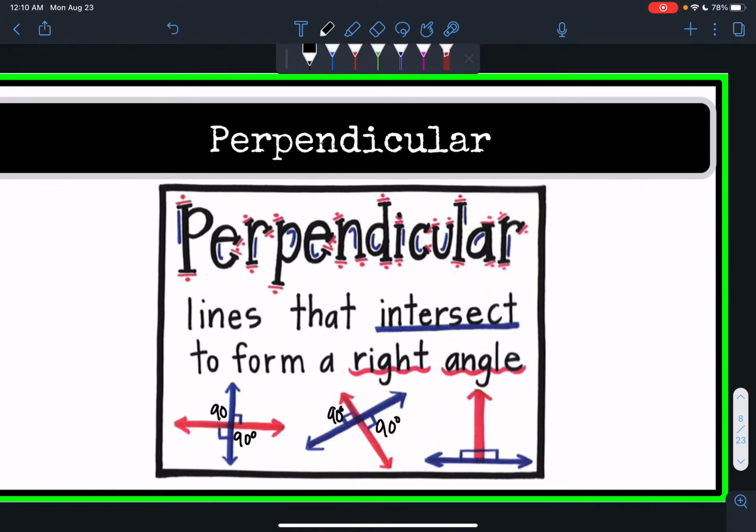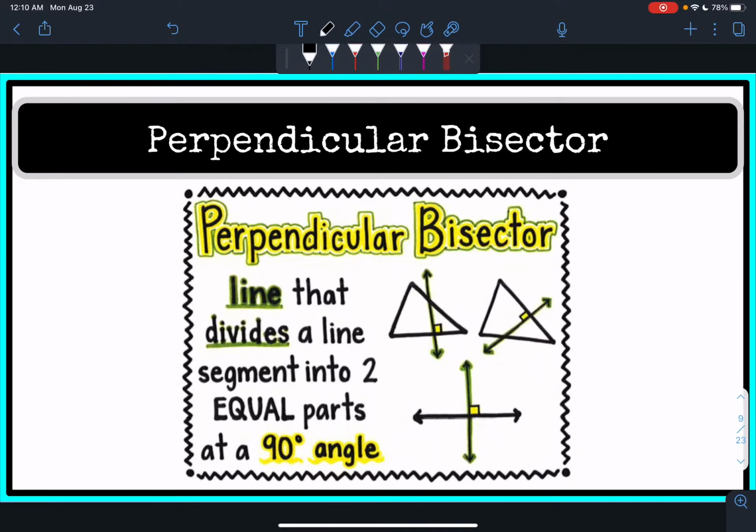Now, if we have a perpendicular bisector, it does two things. Not only will it create a 90-degree angle, but the bisector portion of it divides the segment into two equal parts. So a perpendicular bisector is going to be a line that divides a line segment into two equal parts at a 90-degree angle. So these perpendicular bisectors, again, divide the segment, not the angle, but the segment into two equal parts and intersect at a 90-degree angle. Like the way you see right here, this diagram right here, when we have a horizontal line and a vertical line,